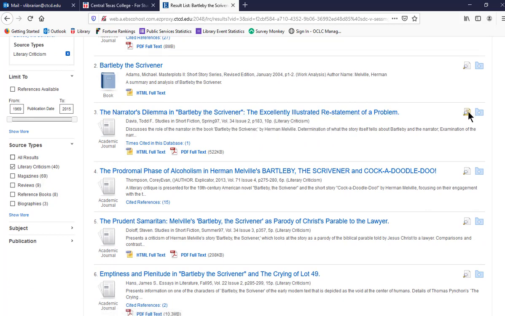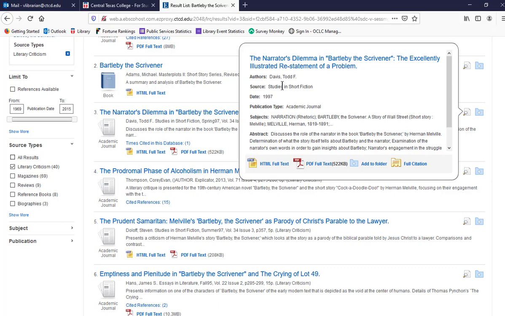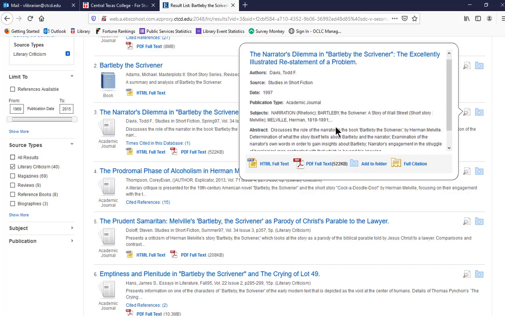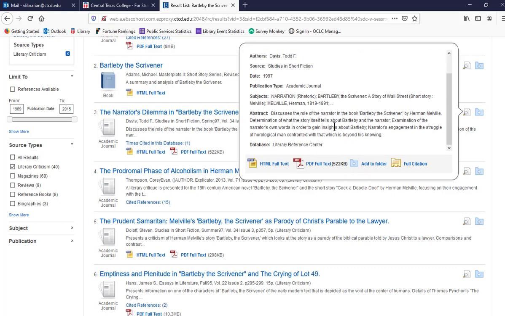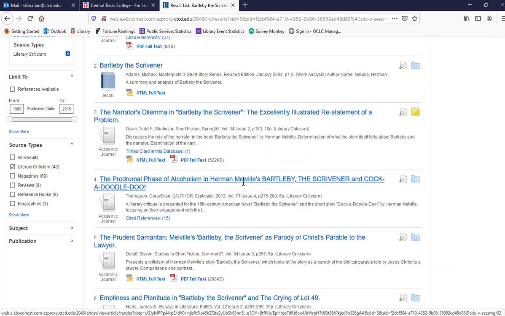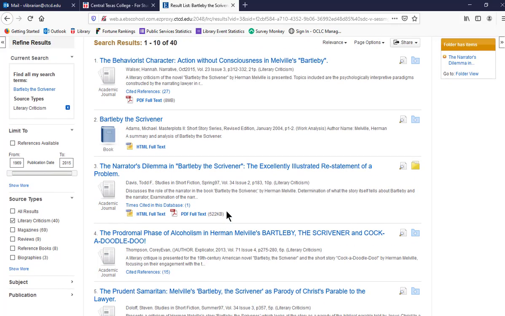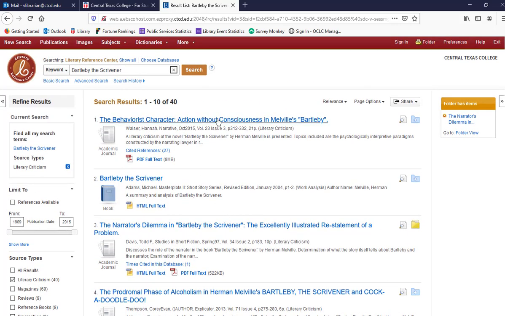If I want to see more, I can click on this information here to get more information about what it's dealing with. This is in both PDF as well as HTML. I can add this to a folder. By the way, if you see something here that does not say full text, that means that the item is not available in full text. I have this one here where I can click on that, and I can then add that to my folder